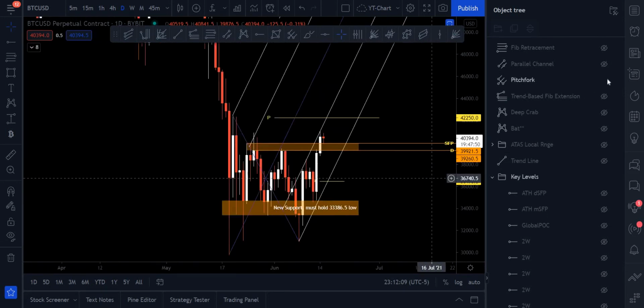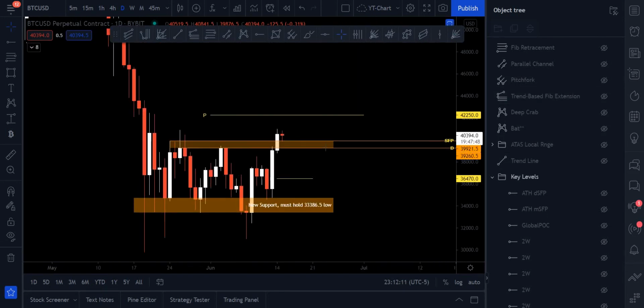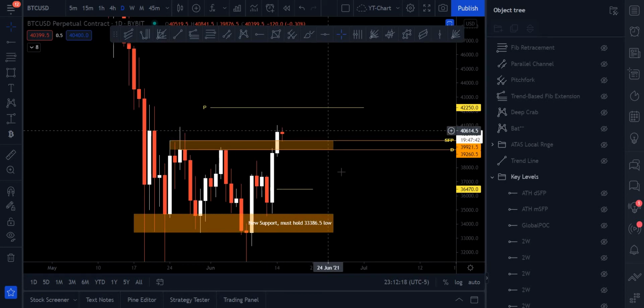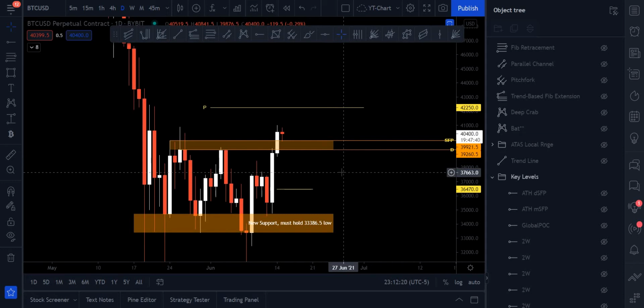Let's clean this up just a little bit and get rid of this pitchfork. And you can see we've back tested it almost to the dollar here and gotten a pretty decent bounce out of it. I actually did take that bounce. And, you know, I'll probably take some profits on it if it starts coming back down because, you know, when